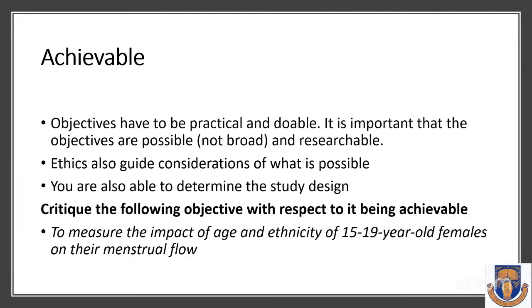So imagine this person says, I want to measure the impact of age and ethnicity. And then at the end of the day, it's a cross-sectional design. You don't finish. That's the end of the abstract. Don't even read the manuscript, just send it back because the design cannot answer the study objective. I want to measure the effect, and you're looking at a cross-sectional study, except you justify that the effect you're establishing now is a statistical effect. So these are things that tell us what we're looking for in our methodology.